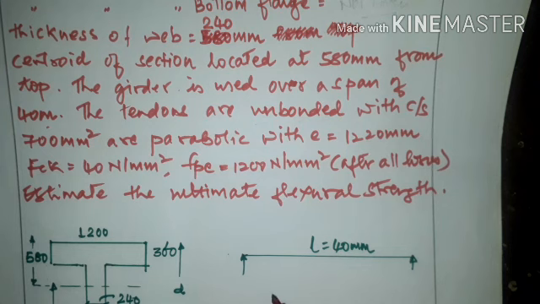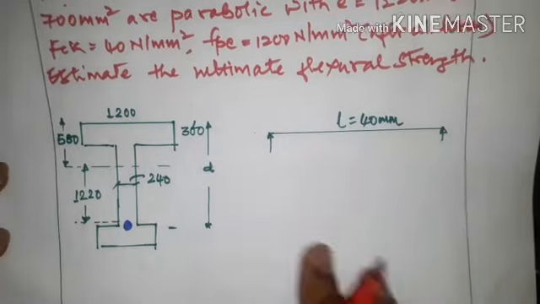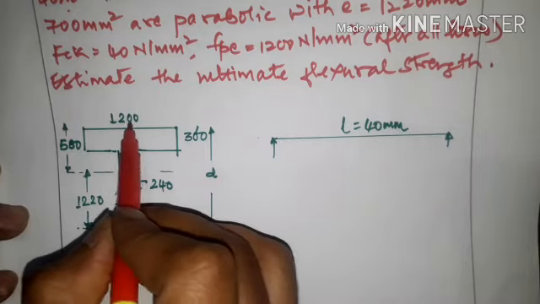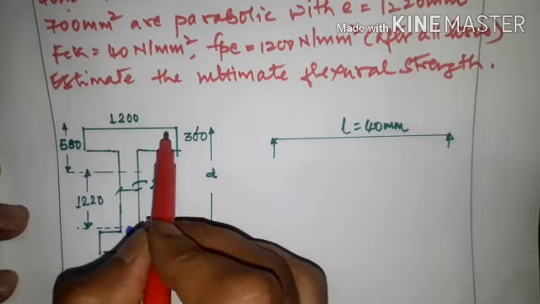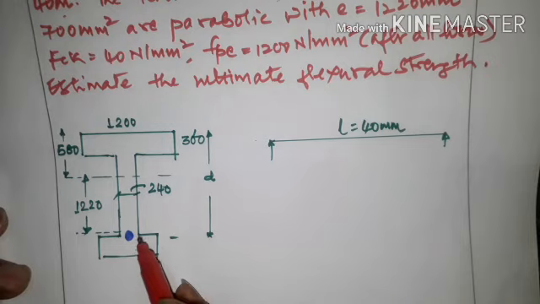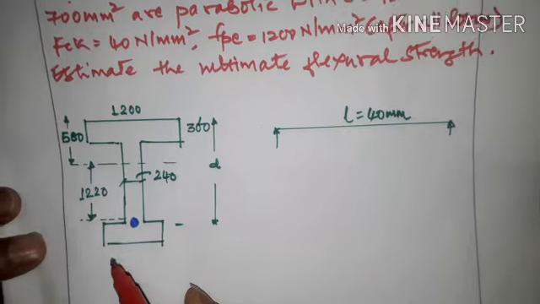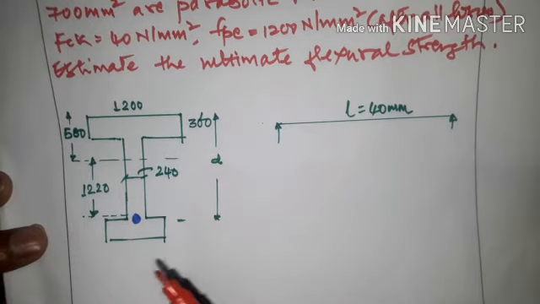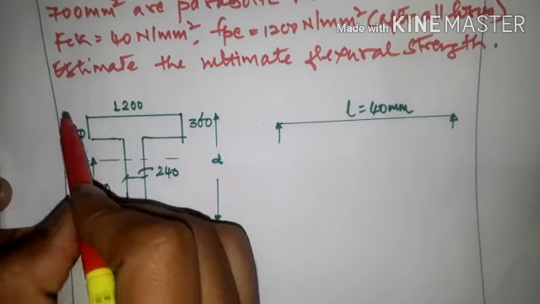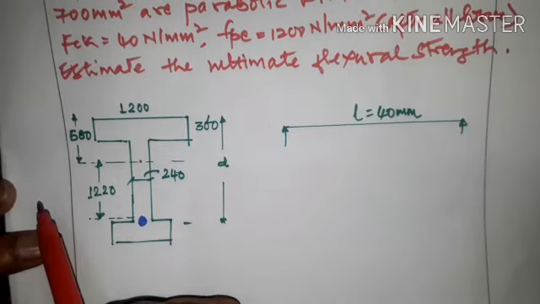According to the given statement of the problem, we have the sketch over here. They have given the top flange of size 1200 mm by 360 mm. Width of the flange is 1200 and the depth of the flange is 360, and it is unsymmetrical, which means the bottom flange is lesser than this. It is not given and not required here for calculation, because the centroid of the section is given, so no need to have the size of bottom flange. The centroid of the cross section from top is 580 mm.